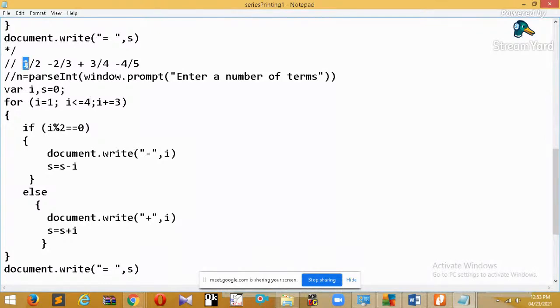The relation is that if numerator is 1, denominator is plus 1, means 1 plus 1, 2. If numerator is 2, denominator is plus 1, 3. Then 3, then it is 4. In this way it is going. Now, one more thing, here also plus minus logic is there. When numerator is odd, that time plus symbol, and when numerator is even, that time it has minus symbol. Just the same way, we'll write here if I percent 2 equal to 0, that is the even part. So how it is displaying, it's like minus I,